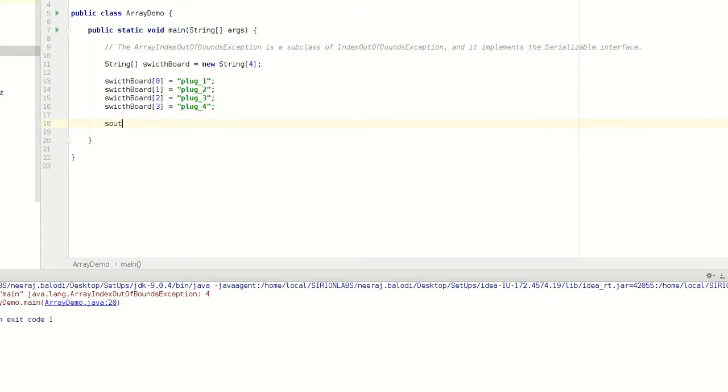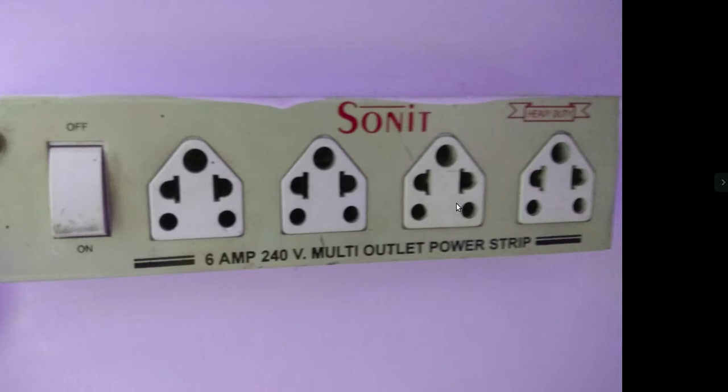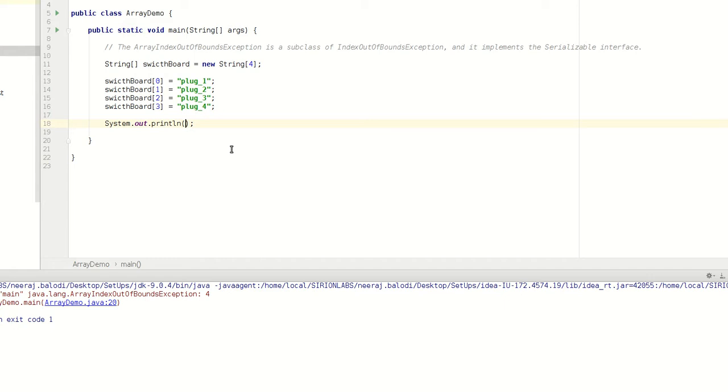Suppose I want to access an element. If I go with the real life example, if I want to access this, what is the index of this? The index of the array starts with 0. So 0, 1, 2. If I want to know which plug is inserted at index 2, I will just access it like this at the second index.